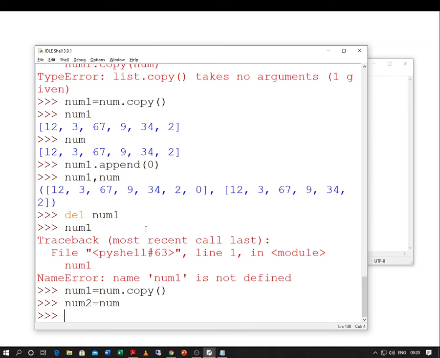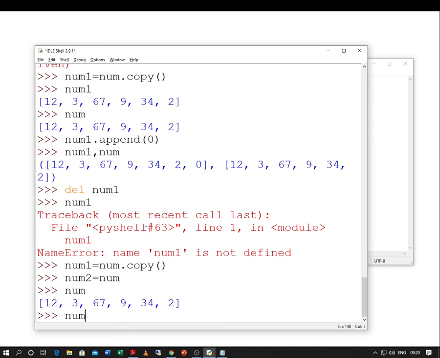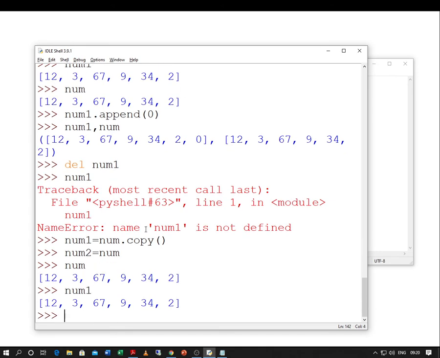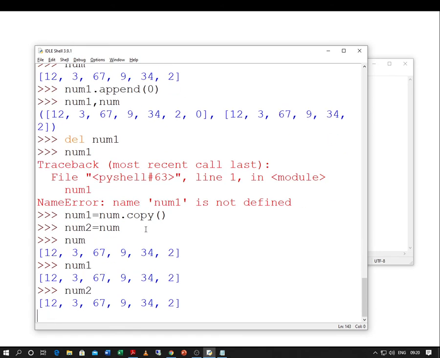So now we have three similar lists: num, num1 and num2. But what is the difference?